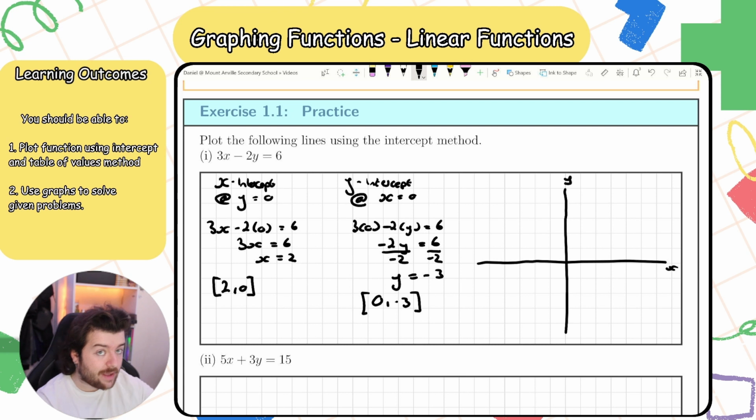I can have different scales on my x-axis and a different scale on my y-axis, but I just have to be consistent, right? So 1, 2, 3, 4. So 1, 2, minus 1, minus 2, minus 3,